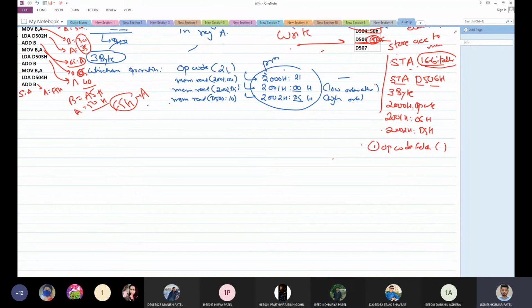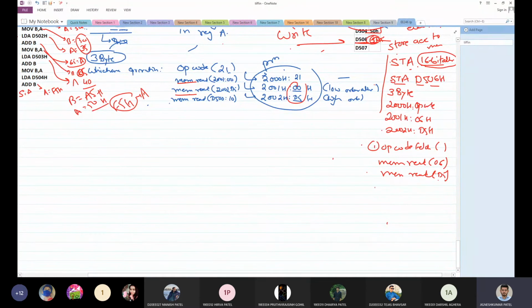Again I am repeating: if it is a 2-byte or 3-byte instruction, the next step would most of the time be a memory read cycle. Here also it is a memory read. What we were reading in the memory read cycle were the given addresses. Same way here I am going to perform a memory read cycle and read 06 first. Then again I am going to perform a memory read where I read the address D5. So D506 combined now makes the address.